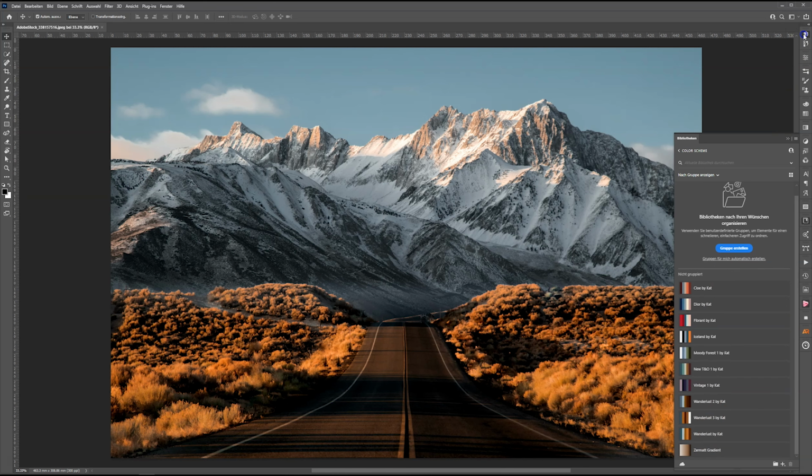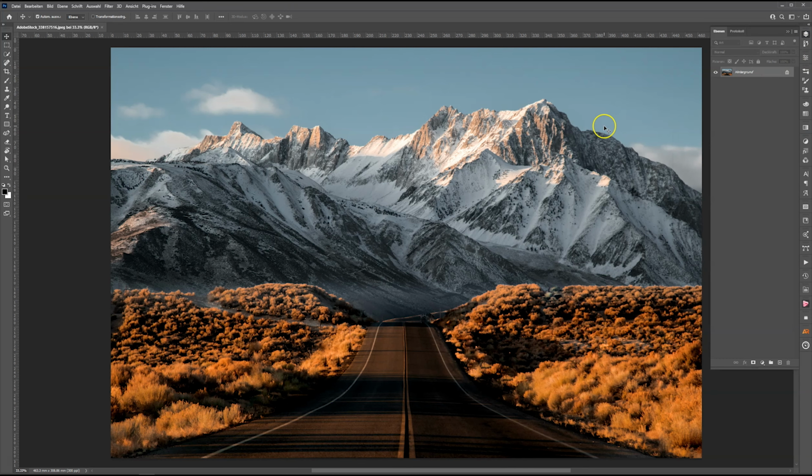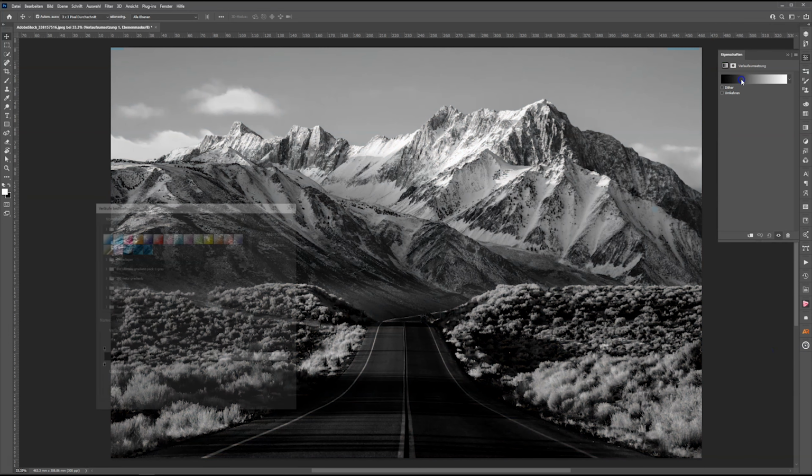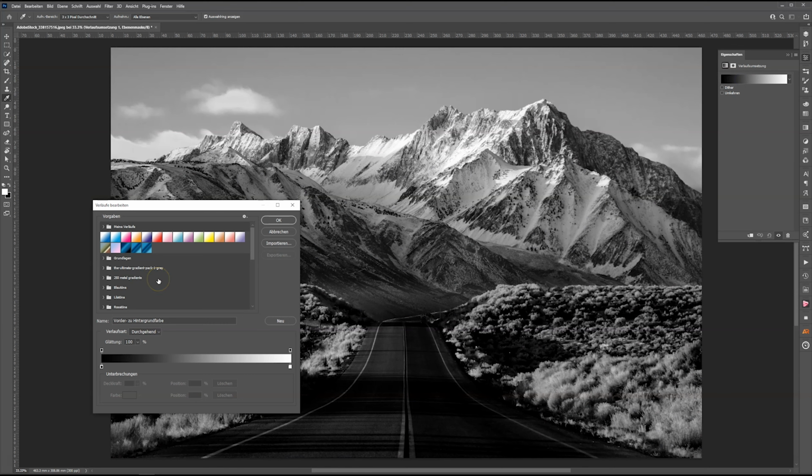So what I do now, I have the background layer. This is a free photo from Adobe Stock. You can download it. I will put the link in the description. What I do then, I make a gradient overlay. I hope this is the right translation in English. And here I take the gradient from my library. And if you see now,